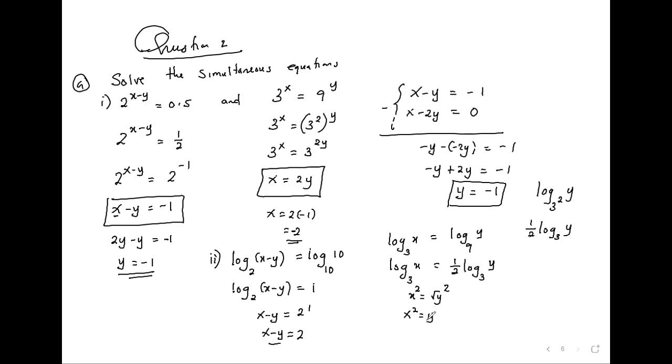Then you substitute here. You have x minus x squared is equal to 2. So that when you factor out, you don't factor out. Yeah, it's like a quadratic now. So you have minus x squared plus x minus 2 is equal to 0. The product is 2 and the sum is 1. We can use 2 and